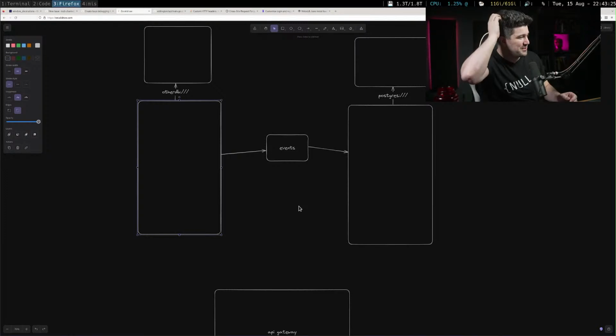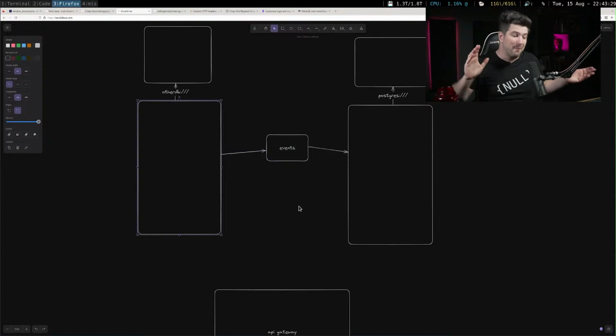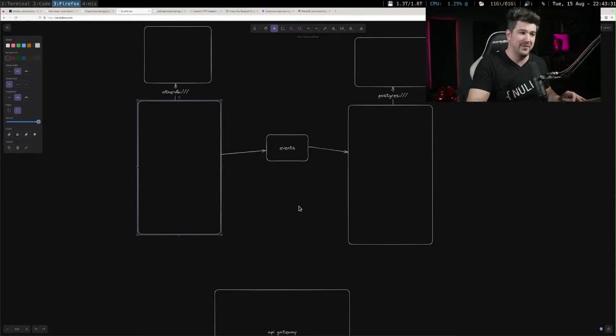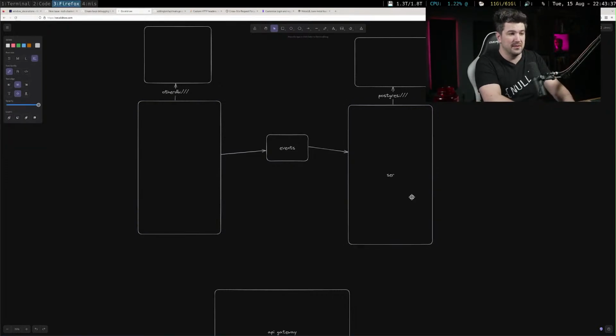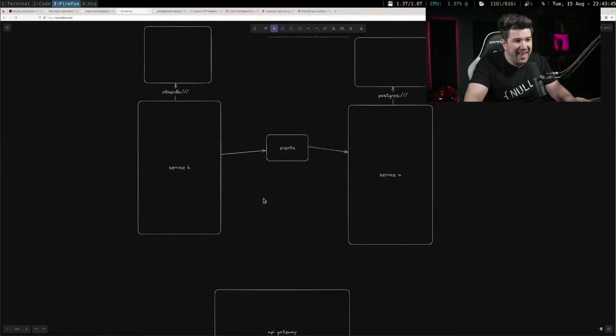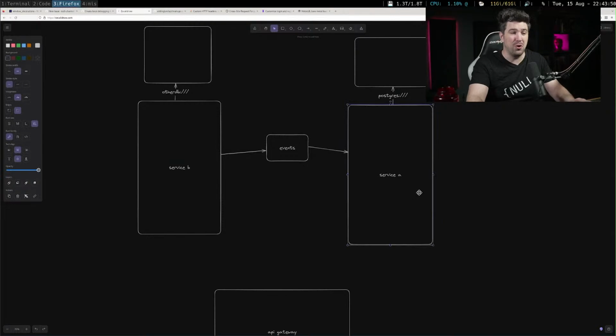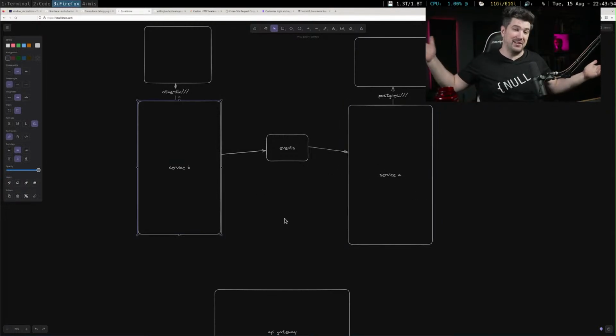I'm sorry that this turned into a rant, but this is what this entire project is for. My goal, my hope and dream, is that you say, I want service A, and I want service B, and everything else just magically appears. You literally just point it at git repo service A, git repo service B, everything magically appears.